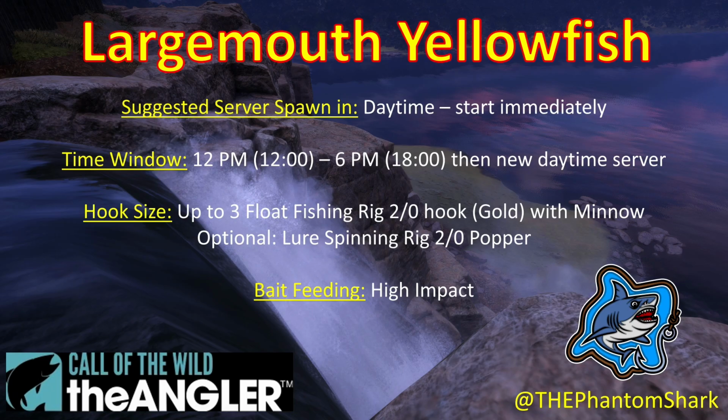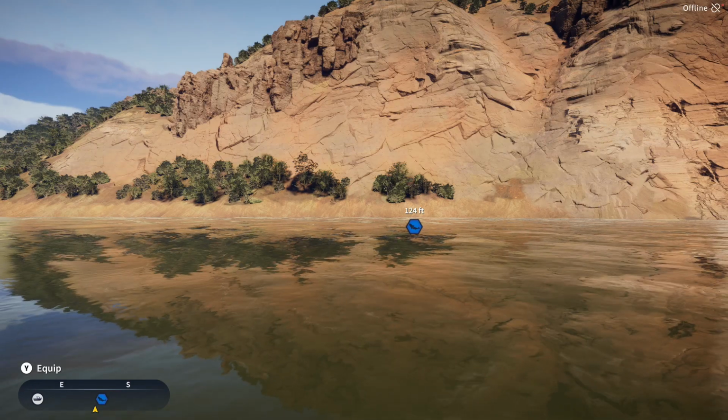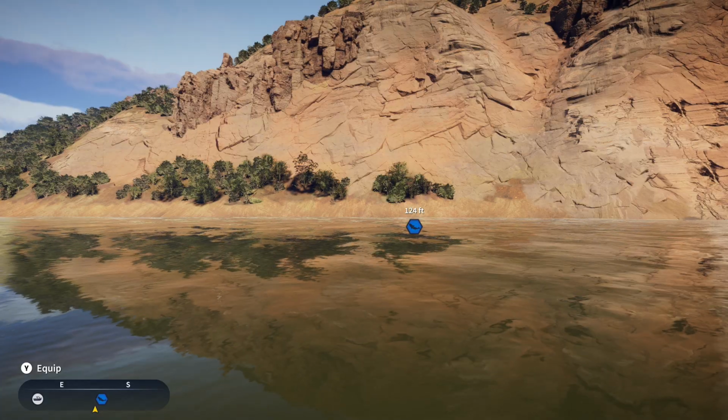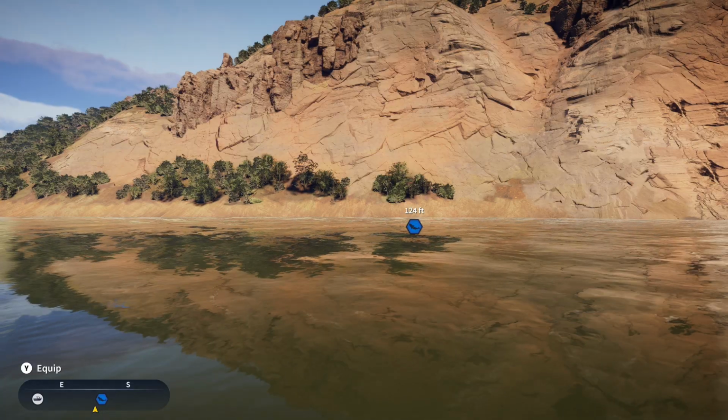You can have 1, 2, 3 of them depending on how many strong float fishing rigs you have. And optionally, you can have a lure spinning rig with size 2/0, also gold, popper available. Make sure you use high impact bait balls to attract the largemouth yellowfish. That is the longest amount of time I've ever spent setting up the technique session, so let's get to some